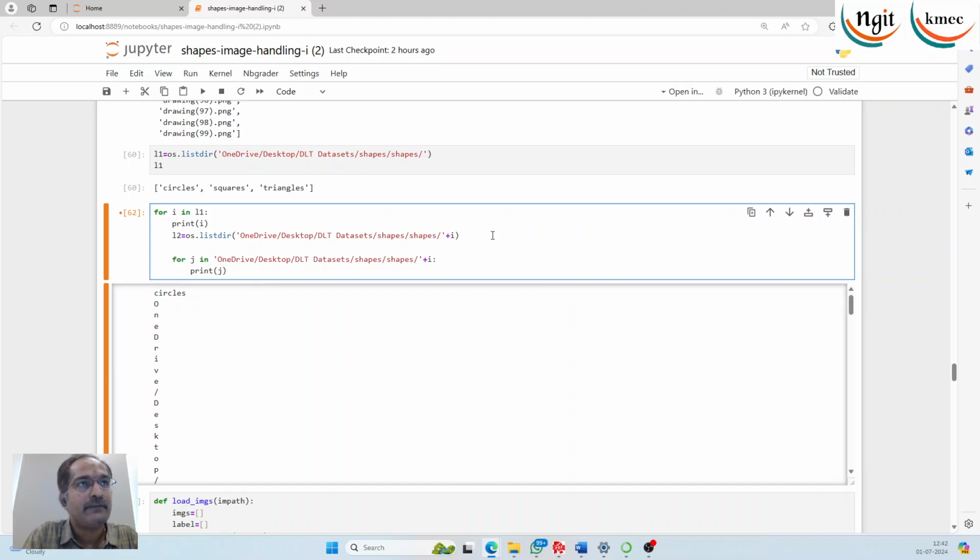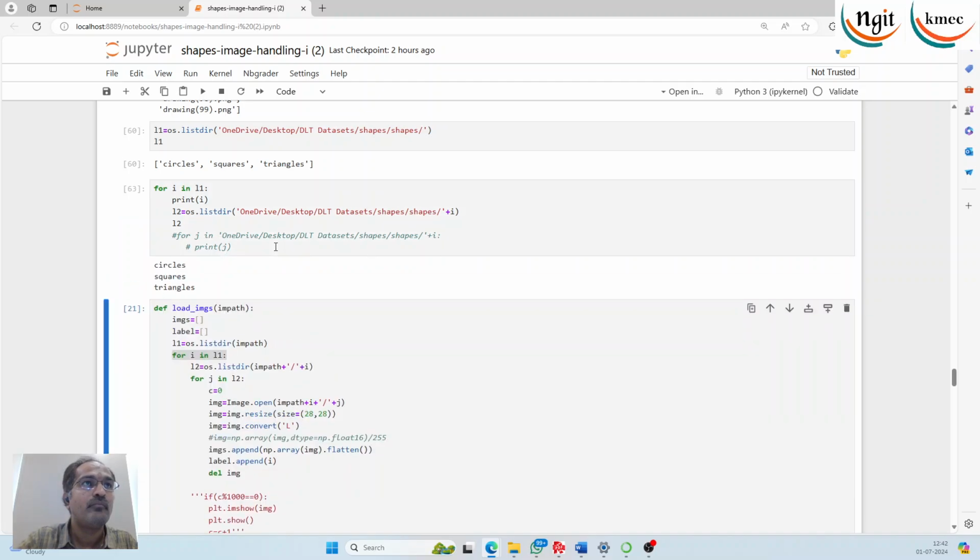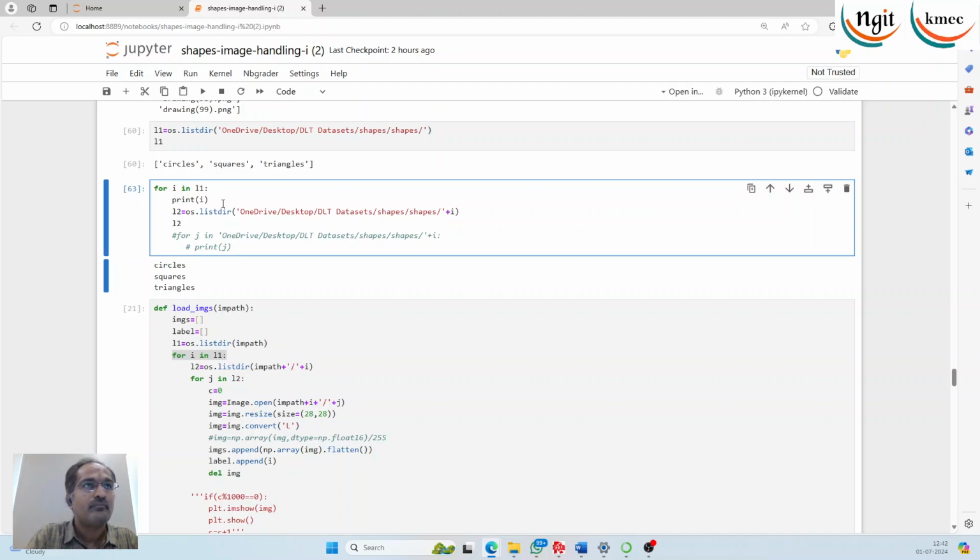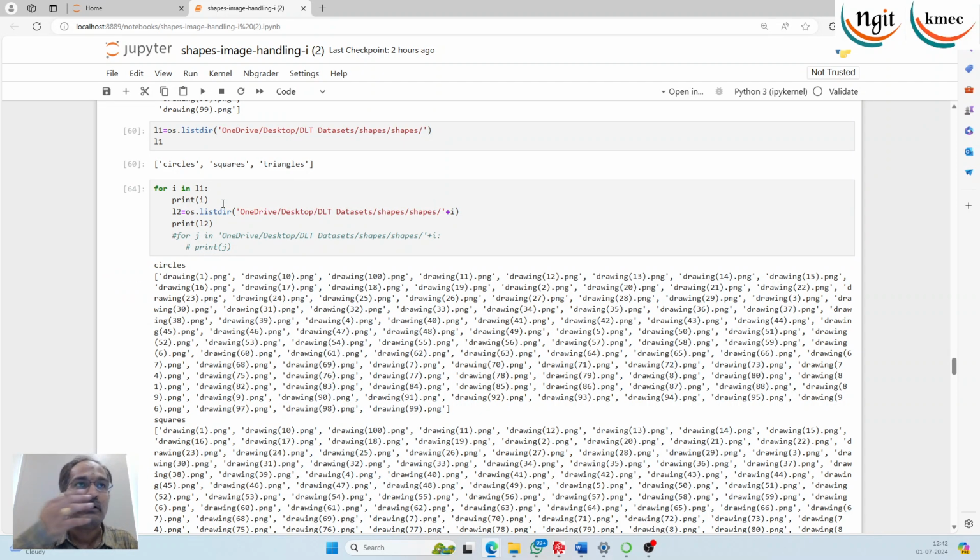Now let us display L2. Now you can see that in the circles,